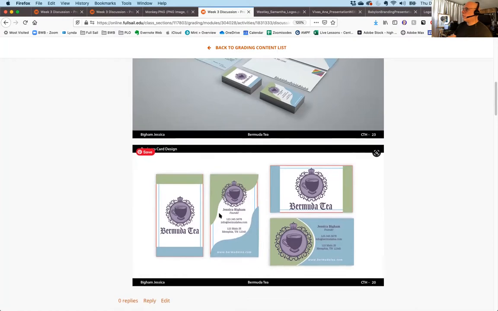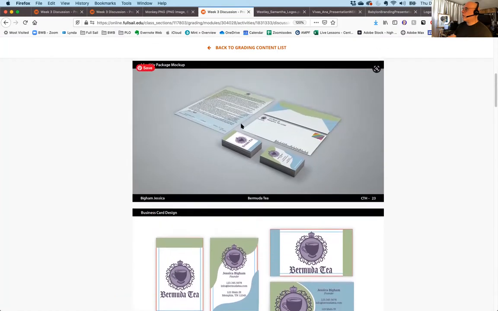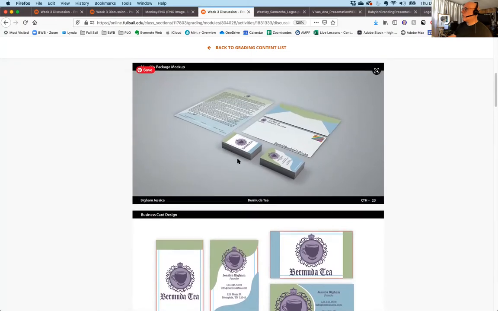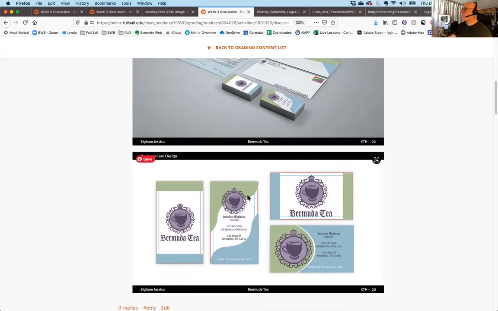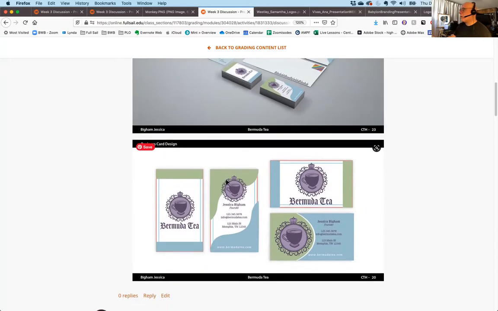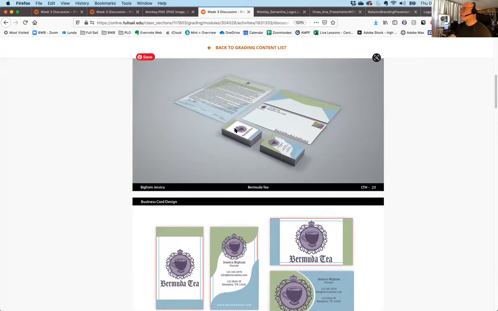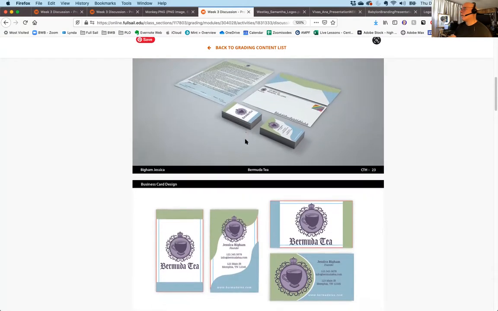These kind of wave shapes are okay. And it's okay. It's functioning. It's not super exciting branded. If you could figure out how to make a pattern brush out of this edge and then have that going across your letterhead or something,